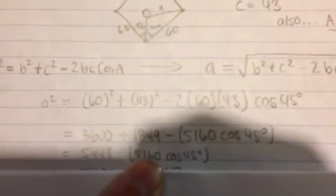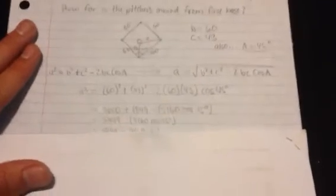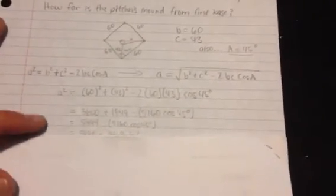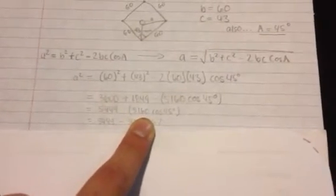and you can't quite see it, there you go, minus the value of this right here. Make sure you realize that you need to multiply that 5160 by cosine of 45 before you subtract it, so don't do this first, or remember order of operations. Some people get that messed up, including myself the first time I tried a problem like this. So once you multiply that right there, you find the value. It ends up being roughly about